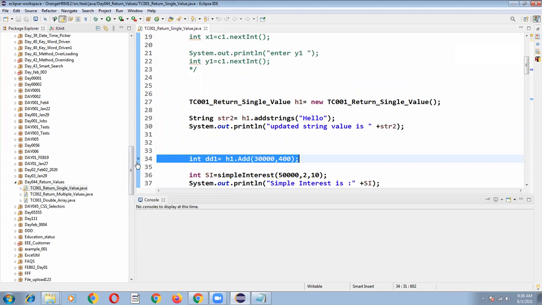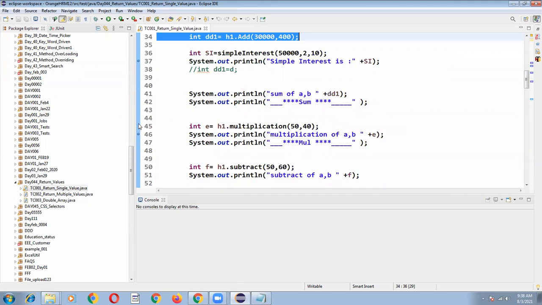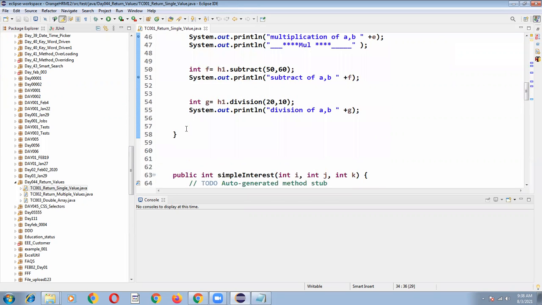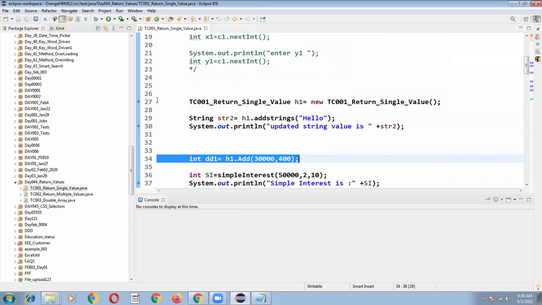See, this is one breakpoint, it's populated. You can do a double click wherever you want so that the breakpoint comes automatically. I want a breakpoint at line number 30, I'm keeping. Similarly at line number 37 I want one more breakpoint, then line number 46, line number 51, and line number 55. So I can stop the execution at line number 27, and I can execute the steps one by one.